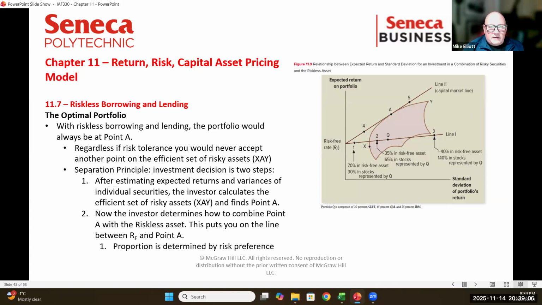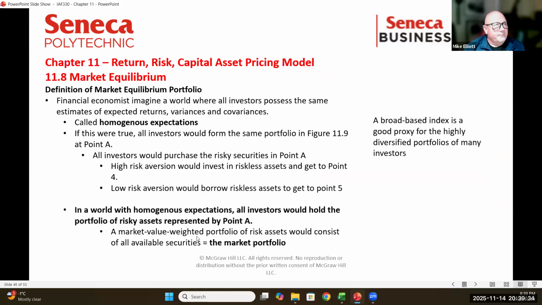Now, within the Batwing, we have our optimal efficient set. That's where everybody's going to go. Where on this efficient set is determined by your risk profile. How much standard deviation are you willing to accept? Because if you're willing to accept this much standard deviation right here, that's the best place you can be. Not everybody has the same risk profile, because some people are hunting for more returns.